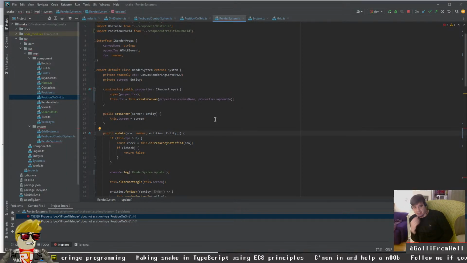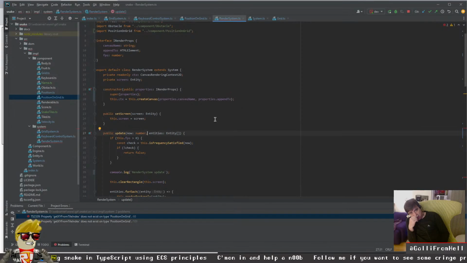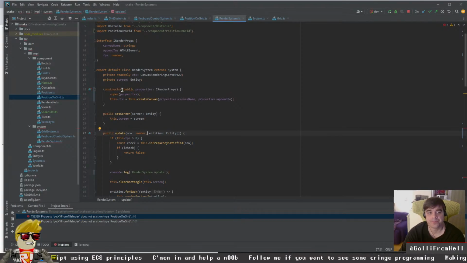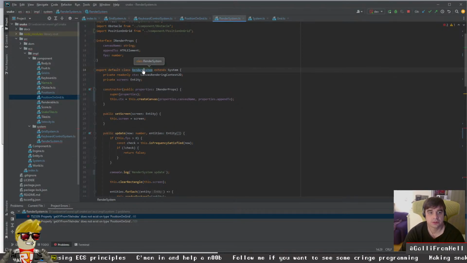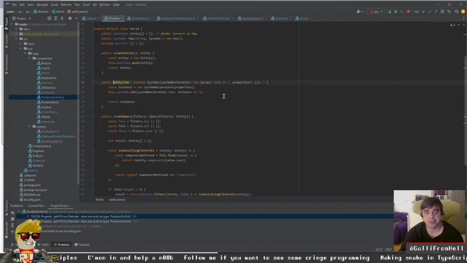I could have it as a dependency of the update method, which would break my inheritance. Or I could have it as a hard dependency of the constructor. So when you add a system,